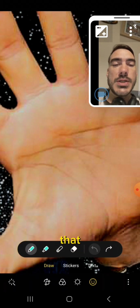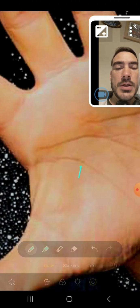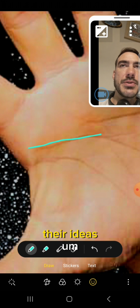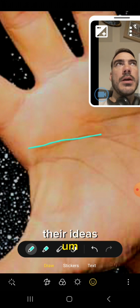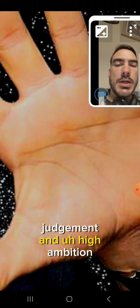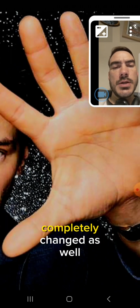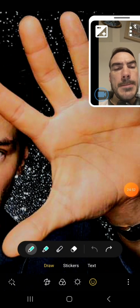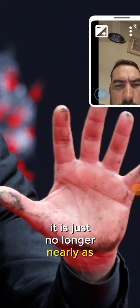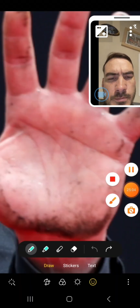So we can see that having this honorable kind of beginning in life, in terms of where they're thinking, their ambitions, their ideas, a place of sort of high judgment and high ambition, it all changes, and the perspectives have completely changed as well. So money for this person is no longer nearly as important, and you can see the headline dropping right down into Luna,